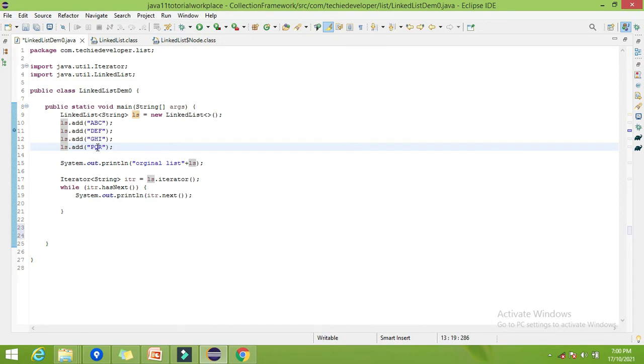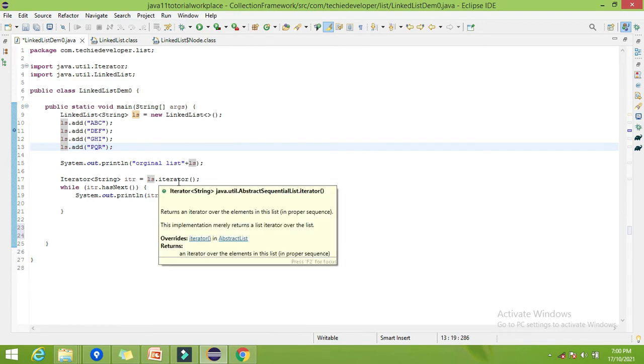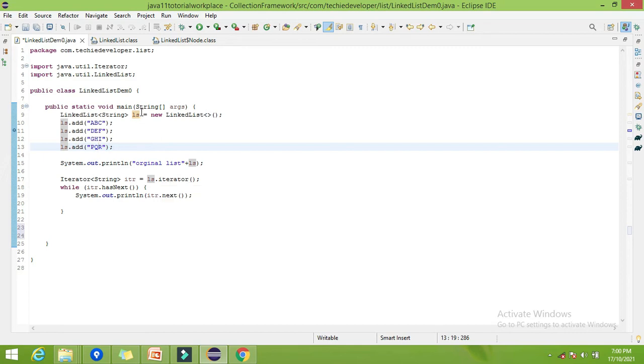So what I have done, I have printed the original list here, and after that I have created the iterator. In previous videos we have seen how to iterate, right? For the same list, I have created the iterator, then iterated each element and printed it. Now we have to verify whether we are getting the elements in the order in which we have inserted them or not.